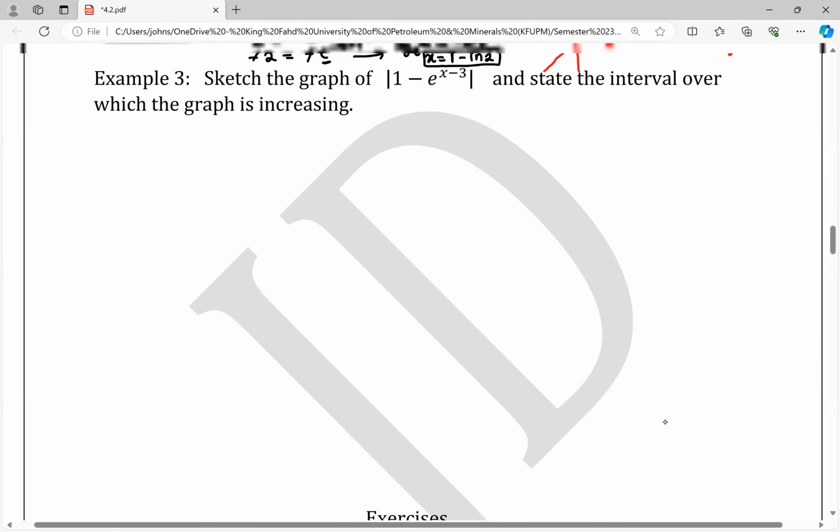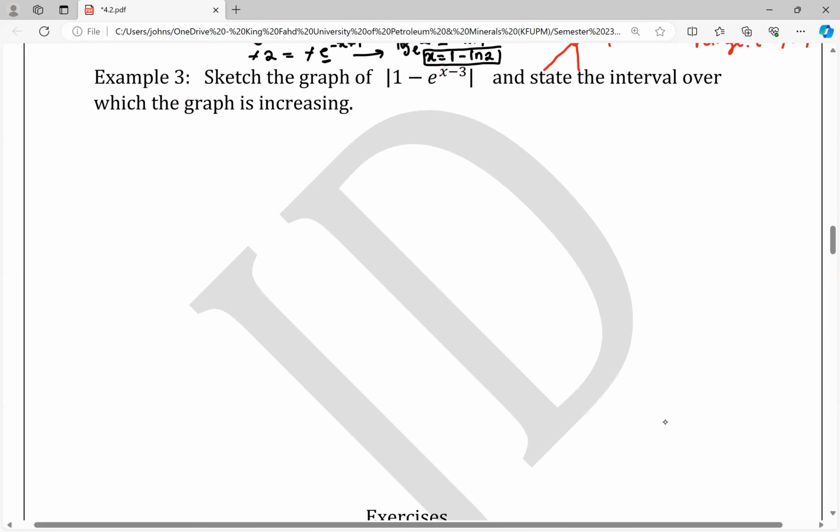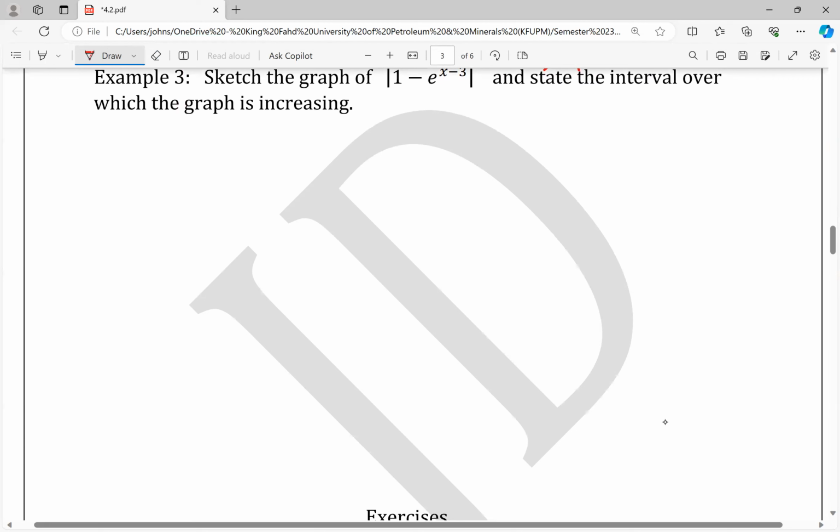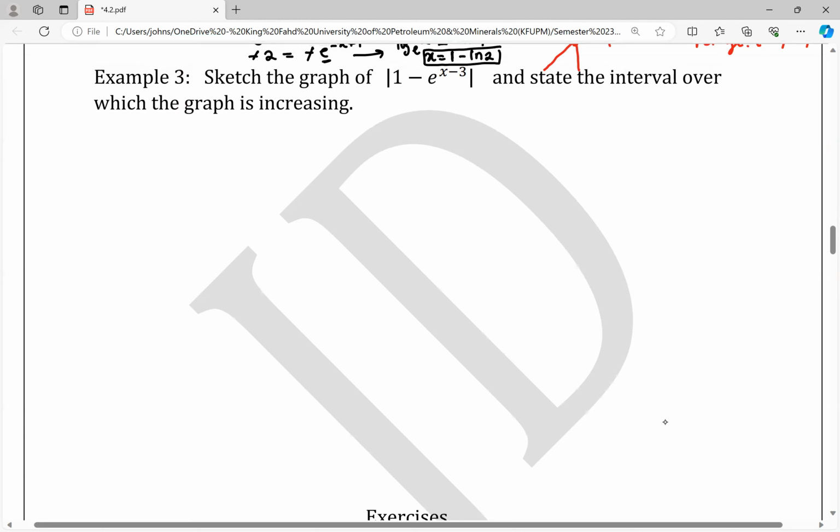So let's look at this one, number 3. Number 3 is we want to sketch the graph, but here now you can see the absolute value is outside. So let's start with what is inside. What is inside, we can rewrite it as minus exponential x minus 3 plus 1. We can write it as this. So what do we do? We start with the graph of